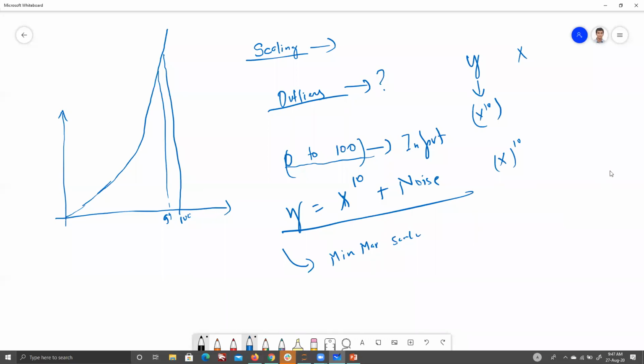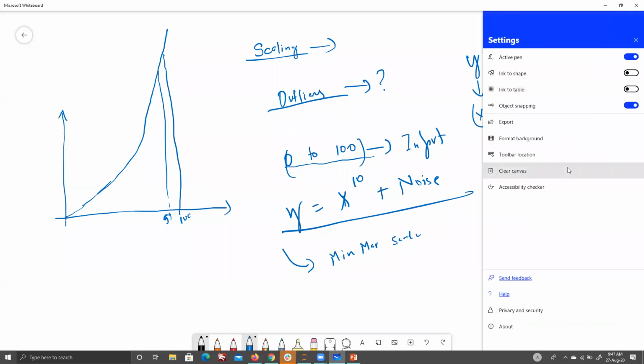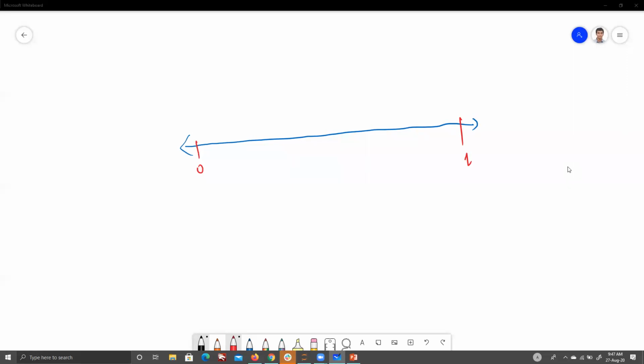Okay, let's see if I can jog your memory a bit. Based on min-max scaling, you are suppressing the actual values because the min and max are going to overshadow them. Yeah, basically you are getting the intuition right, but let me be very clear. Between 0 to 1, let me show you how the value distribution is going to work, because as someone rightly said, the range is going to be really large.